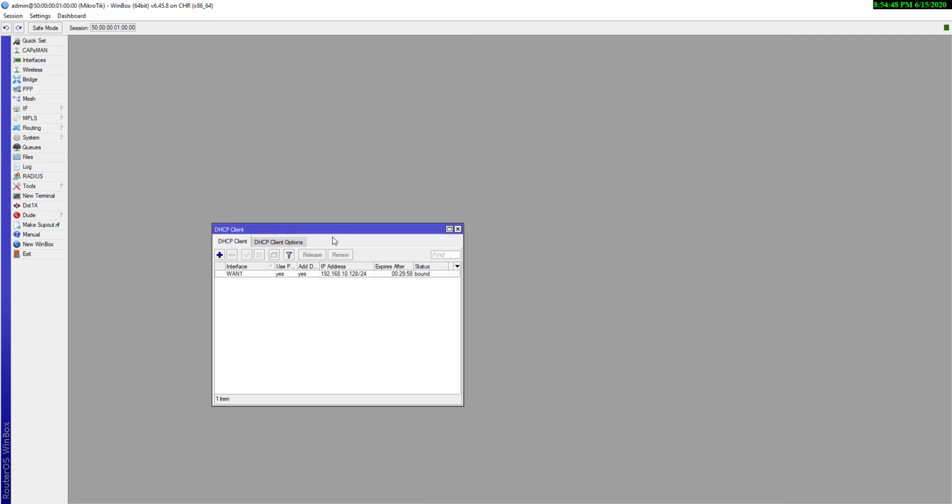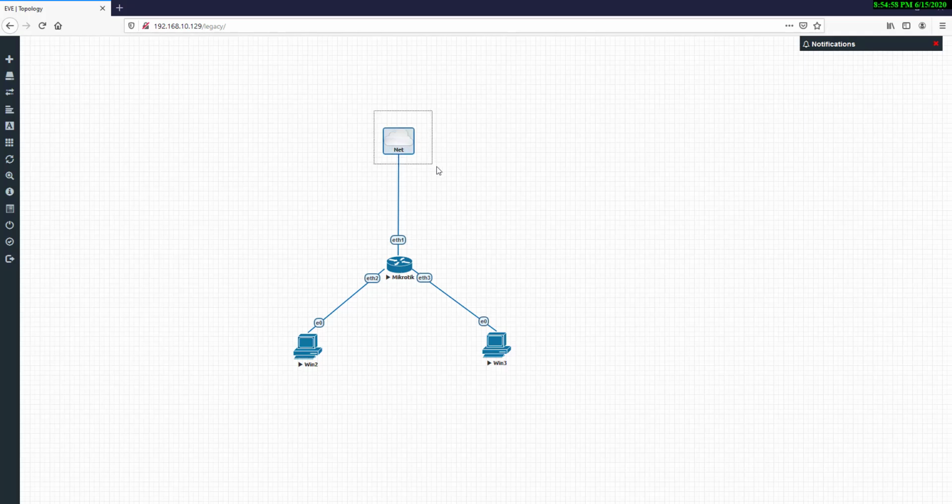Okay, and here you can see that the IP is 192.168.10.128, which is obtained from the internet connection. This is our dynamic internet connection, which is giving the IP address, and the DHCP server is on this network for our MikroTik router board only, for our Ethernet 1 port.